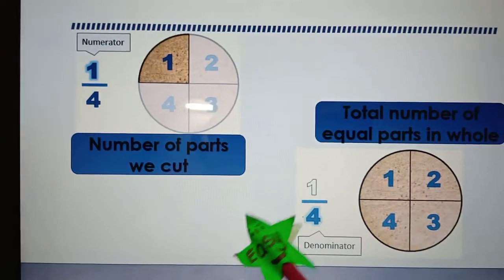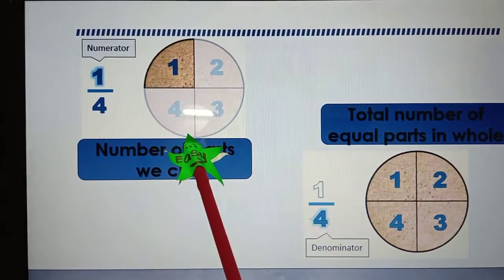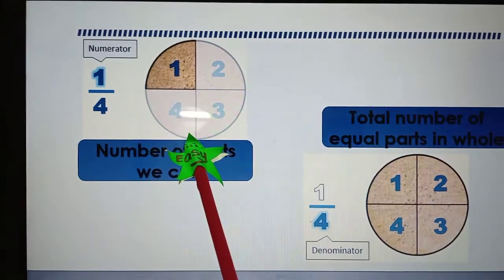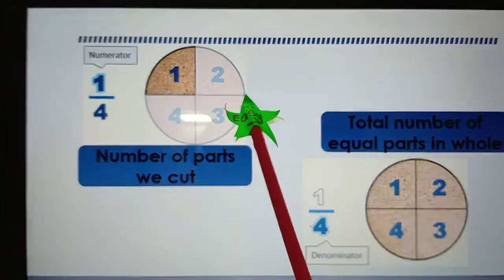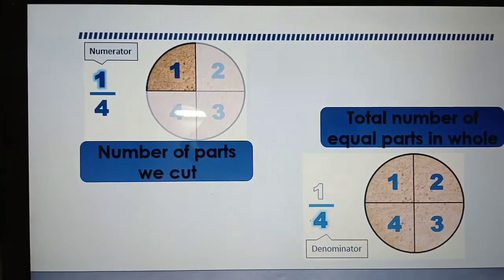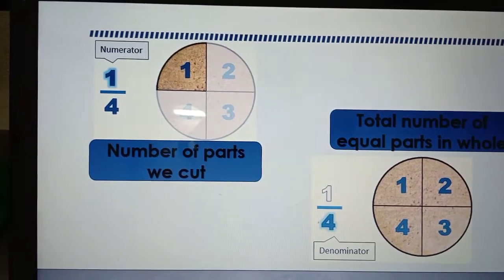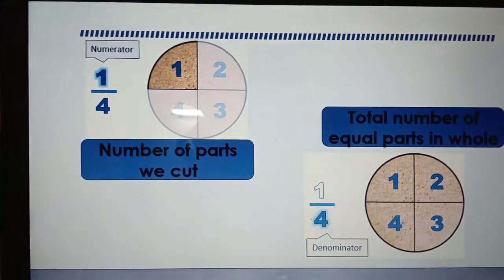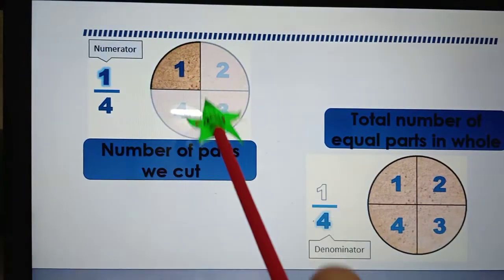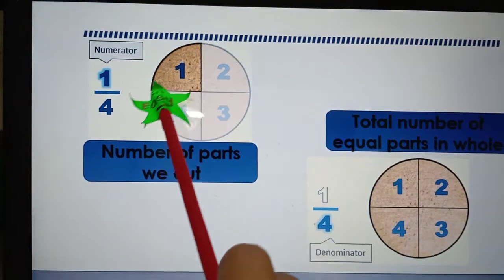Okay class, can you see this one? One whole, we cut one time and then cut one more time. Okay, teacher wants to tell you here, we can only form a fraction when we divide the shape into equal parts. If teacher wants to divide this one here, teacher draws a line here,